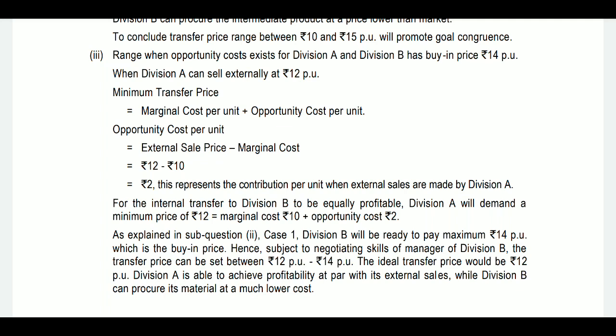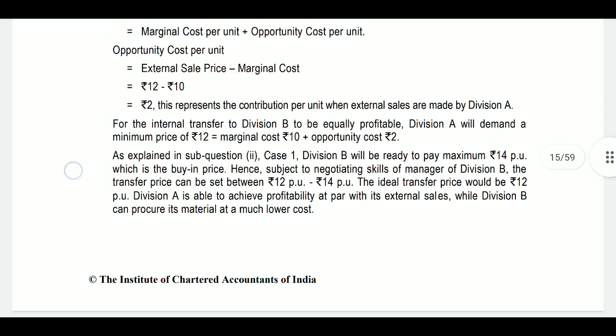We have a 12 rupees external sale price and we incurred a marginal cost of 10 rupees. So 2 rupees will be the profit if we sell outside. That opportunity cost will be added to our cost. So opportunity cost plus marginal cost will become 12 rupees, the minimum price. Case 2,